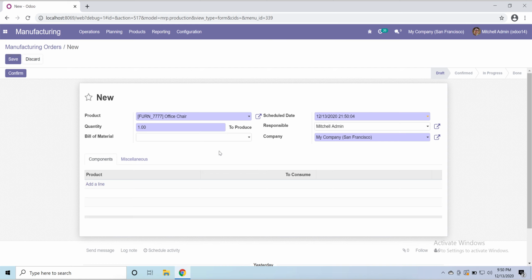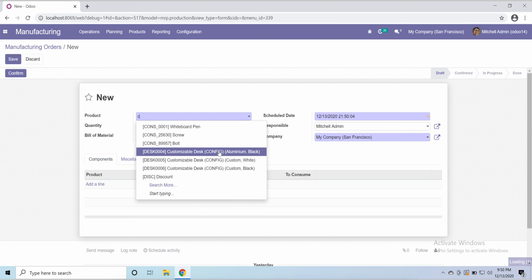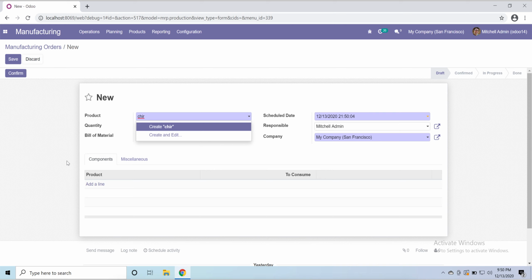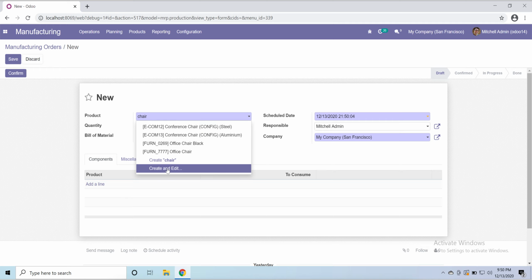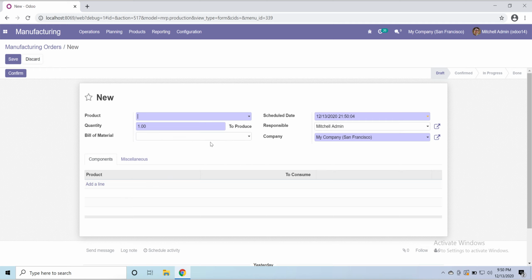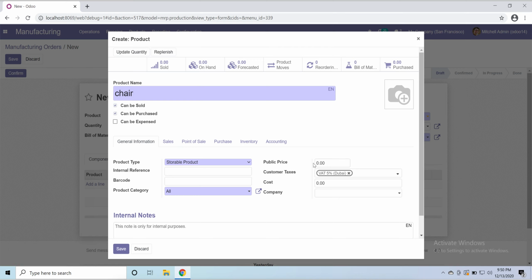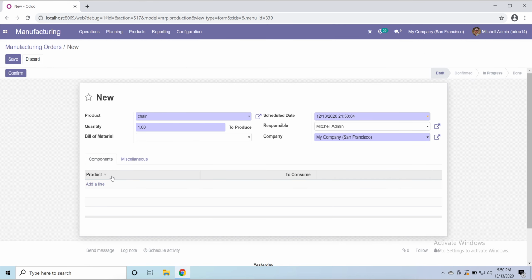Already a product chair exists here, but it's better we create a new one to be clear. Create and edit. I'm going to create a product. The public price I'm putting here 100 and the cost price 50. And that's it. I'm going to save. Okay, this product we need to manufacture, and if I go to my products,